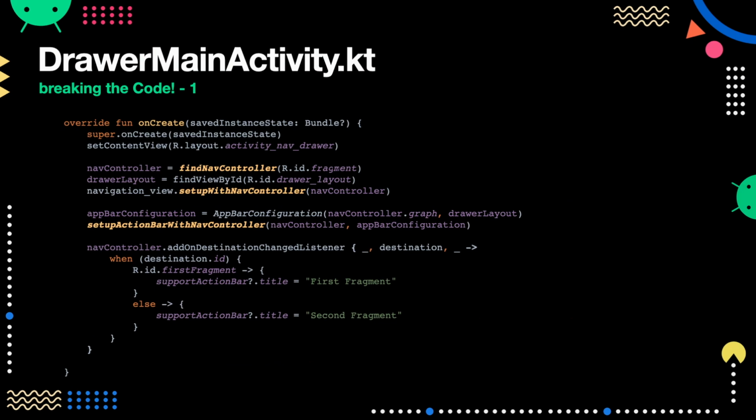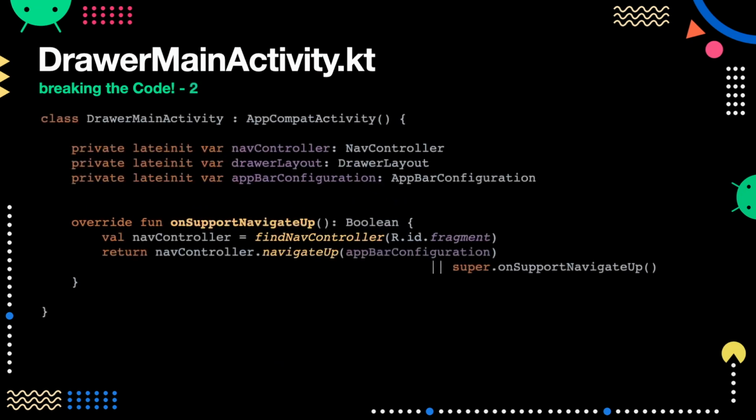So what we are doing here is we are checking if the destination is first fragment. This first fragment should match the ID of the first fragment. So if the destination is first fragment, we'll put the title as first fragment, and similarly, if it's the second fragment, we'll put the title as second fragment. So this is how you implement the navigation drawer, but it won't be working until you override this function